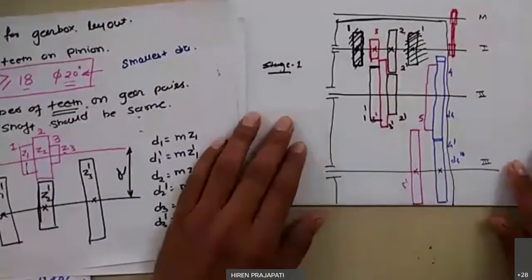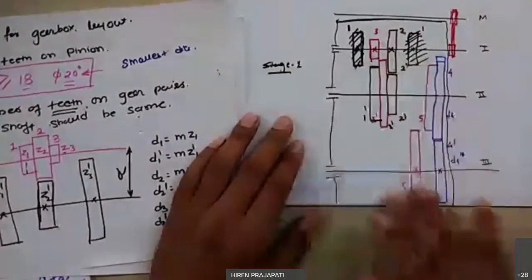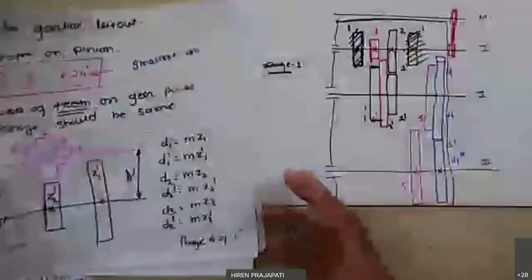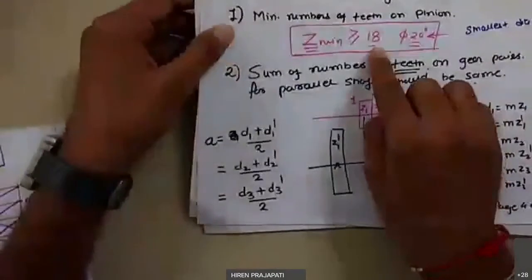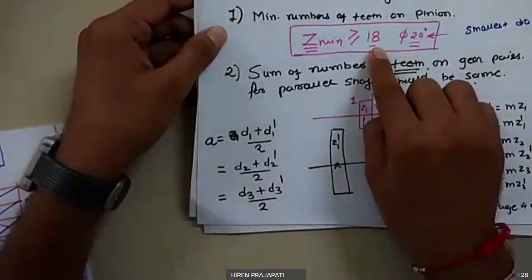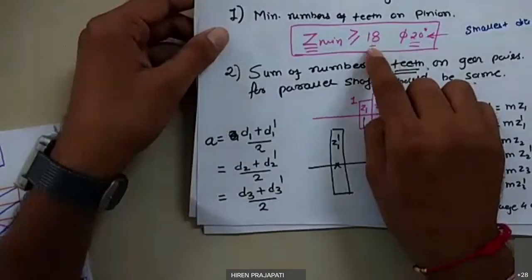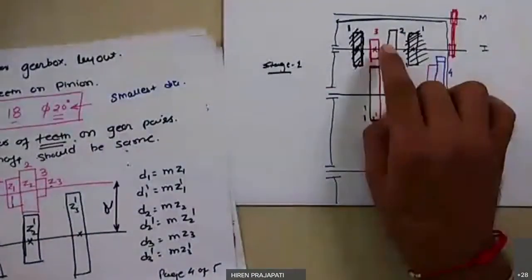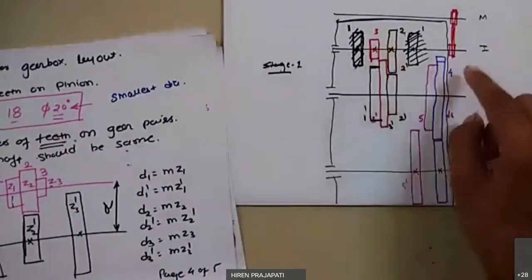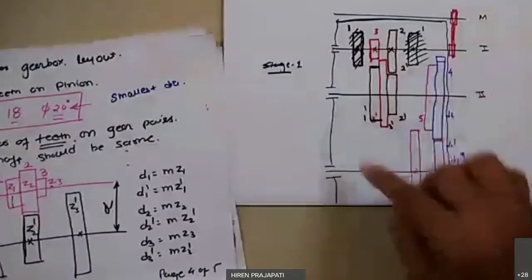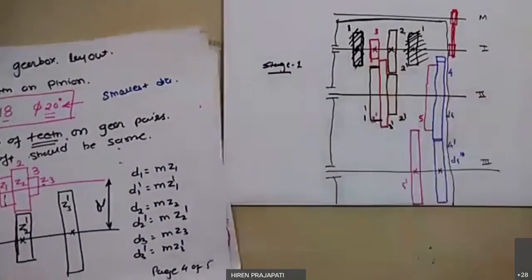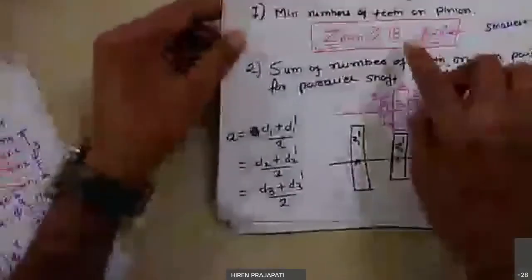If you look at this diagram, which gear is of the smallest diameter? It's 3. We can see based on this arrangement. So gear 3 will have 18 teeth, right? So we start the design of this gearbox from gear 3. Our first step is to determine the pinion from this entire gearbox and decide 18 teeth for that pinion. So this is one guideline.